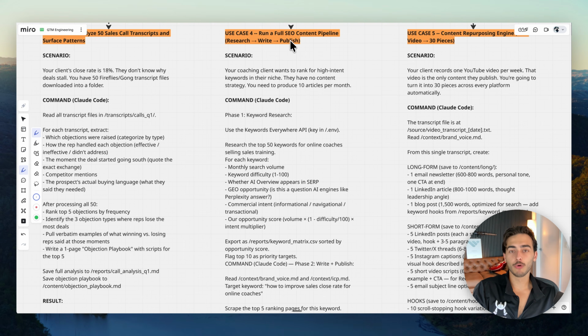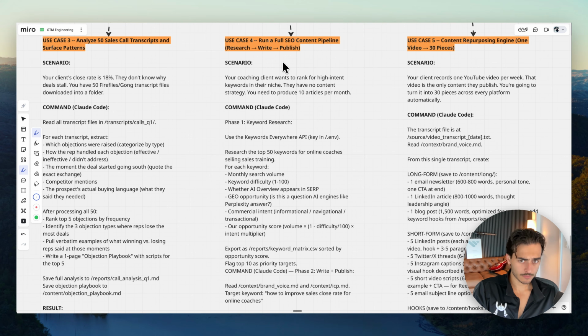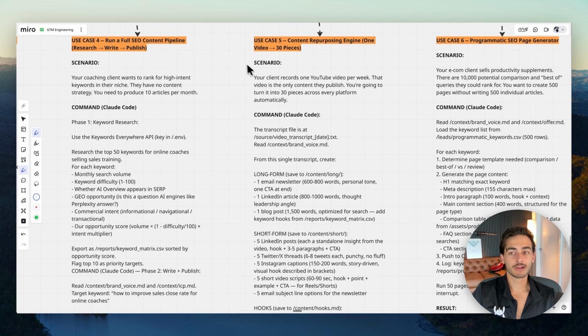Number 4, run a full SEO content pipeline. I actually hooked up my Claude Code to my Framer, which is where my website's hosted, with the Framer MCP, which you can just find on the internet. And it went and restructured all of my files, all of my pages, all of my descriptions, all my image descriptions automatically for me and got us perfect on SEO. Claude Code did it all. I didn't do anything. It can do all that for you, and it can write blogs, etc. But again, brand voice, remove all the AI slop, make it real, that way it's not flagged.